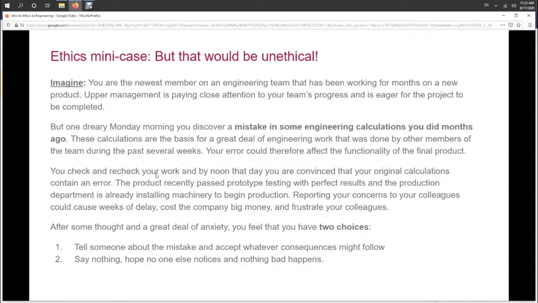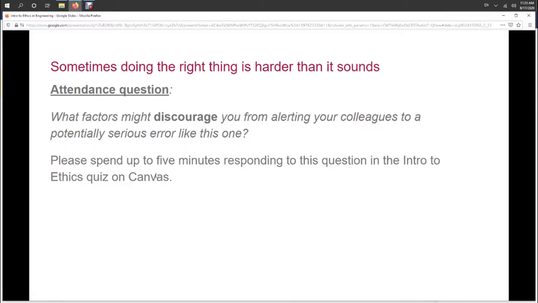On the other hand, just because it passed prototype testing doesn't mean it will hold up in a real world environment. So it's possible that your company could manufacture and sell several thousands of these products, whatever they are, and later on be faced with a slew of complaints from customers. And then there will be an investigation, and then they could find your mistake. And if that happens, you're really in trouble. So this is your dilemma.